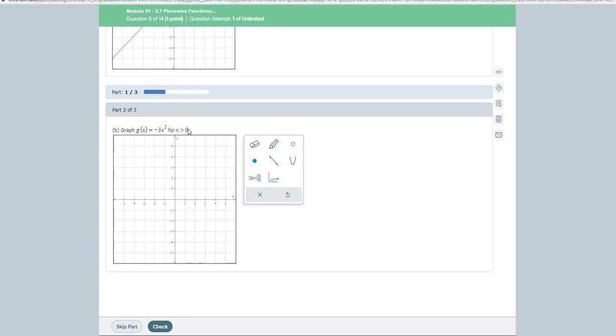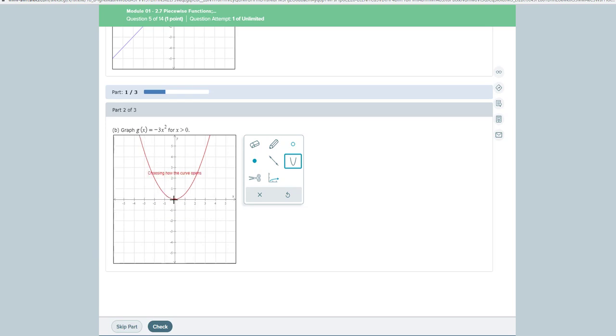What are the x values that we're allowed to use? So x squared, that's a quadratic. So I'm thinking about a parabola. So I know I'm going to use this function here. And so it wants me to place the vertex. Well, it's x squared, and it has a couple transformations going on. The negative is reflecting it across the x-axis, and the 3 is stretching it. But there's no left and right or up and down movement, so my vertex is going to be at 0,